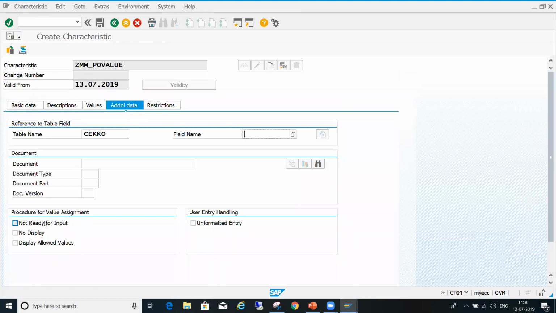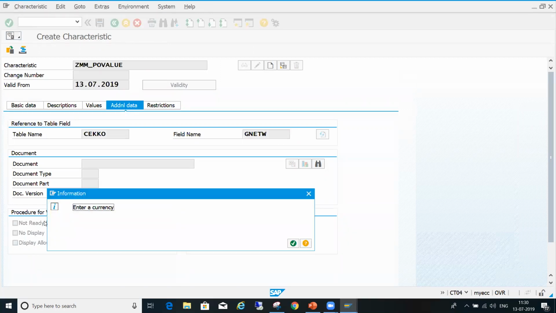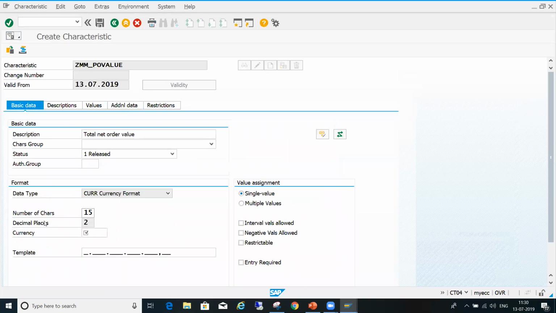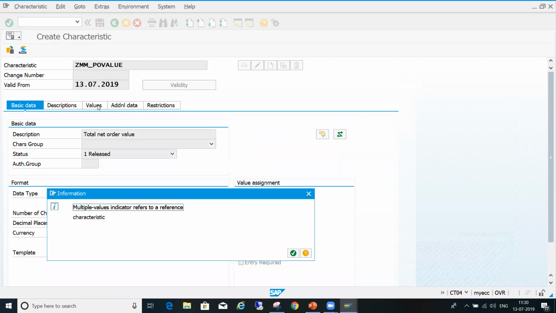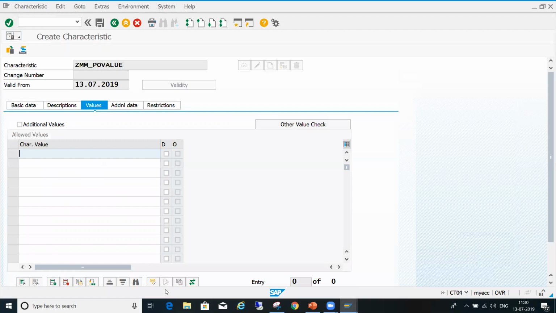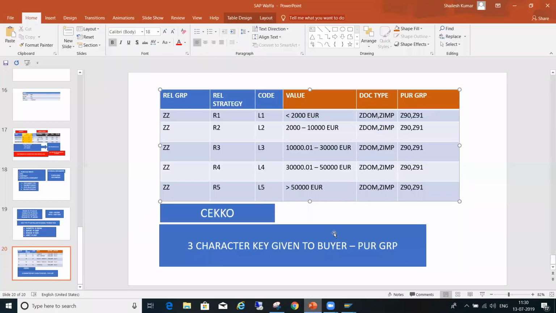You have to select GNETW. Enter. All data is transferred from the structure. Company code and currency you have to enter. Important thing, multiple values, intervals allowed. You have to select that. In the values you enter the criteria you have. Same thing you have to copy.